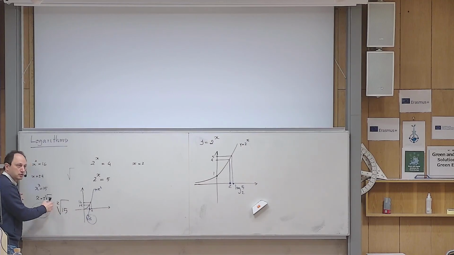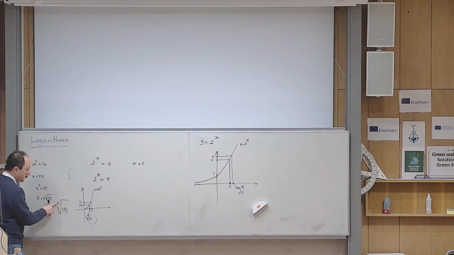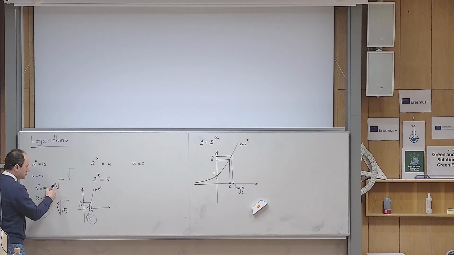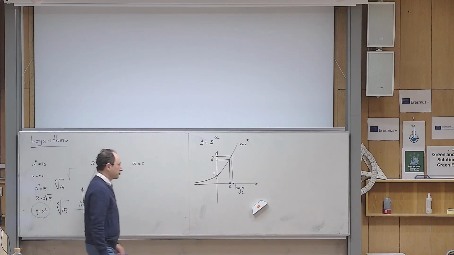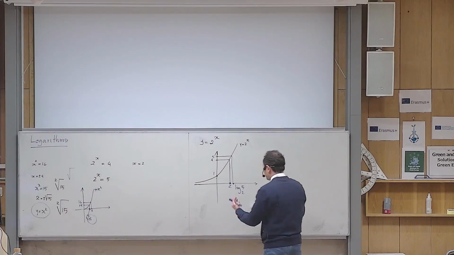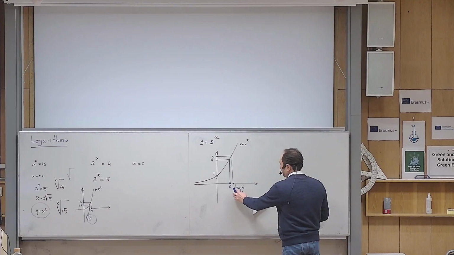Whenever 2 is there, we don't write it. So square root of 15 means the second root of 15. This symbol, putting 15 below it and 2 there, represents the only positive number whose second power is 15. In the same spirit, we are not using a math symbol, we are using the letters log